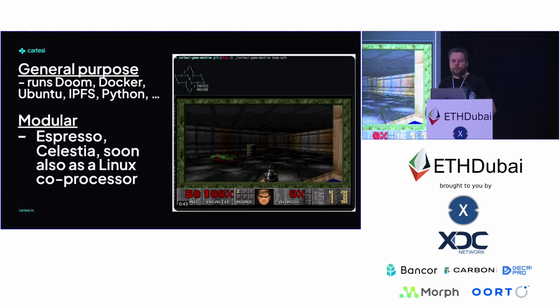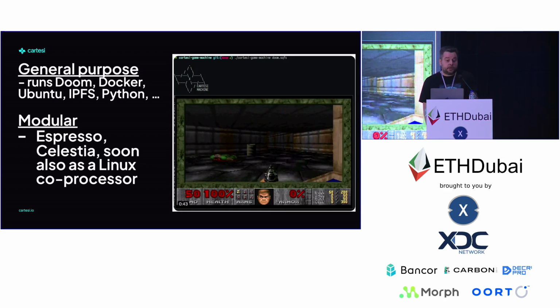I think the definition of a general purpose VM today is not that I can run Rust or something like that. It's that you can run actual Doom in an unmodified manner on it. This is basically Doom recompiled into RISC-V with a little bit of modification, so we can show the frame buffers while it's running. But we can also take the non-deterministic input as you're playing the game, having replay, put that onto chain, and then execute the entire execution on chain and decide, for example, who has the highest high score.